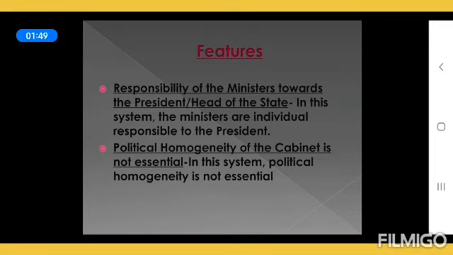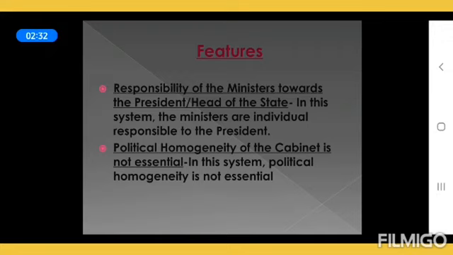So in the parliamentary form of government, there is political homogeneity. That means they have the same kind of ideologies, that means they have one single party, right? So all the members of the Council of Ministers are from one single political party which holds the majority of seats in the legislature. But in the presidential form of government, the president has the right to appoint persons belonging to different political parties or men of eminence to the high offices, as well as the right to freely choose and appoint his team of ministers and other high officers. I hope it's very, very clear, right?